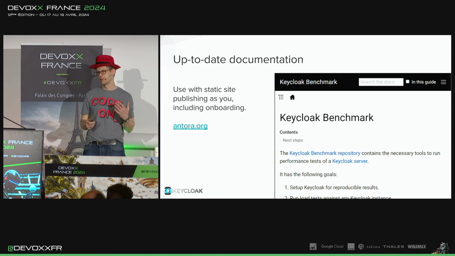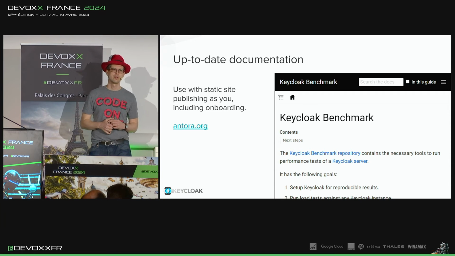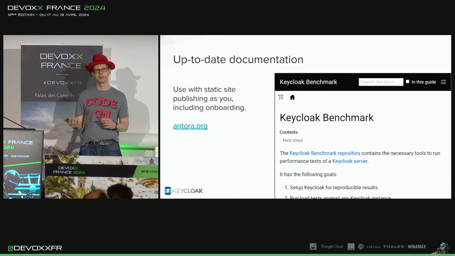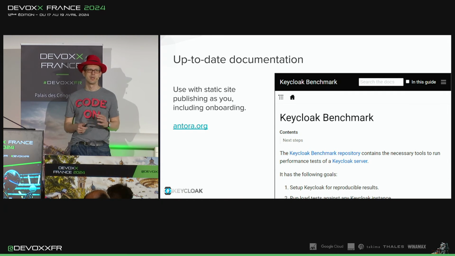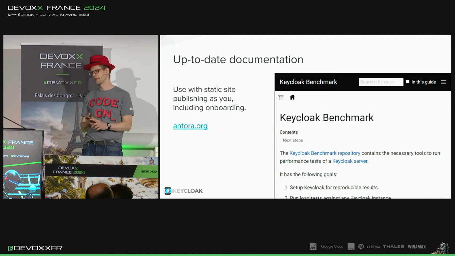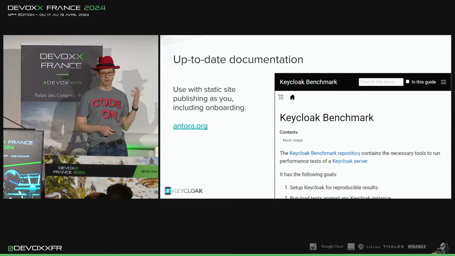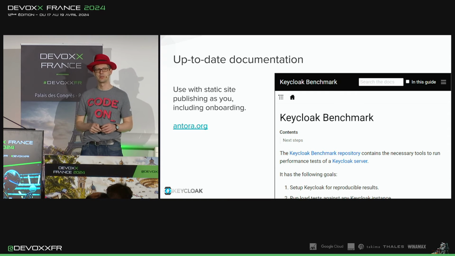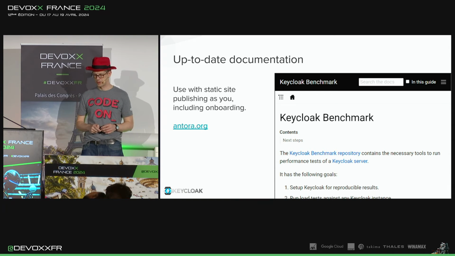So this helped us within the team when we were running our different tools. It helped us in onboarding new team members, and it also helped the community because this documentation is published together with the project, and people were trying out our different modules. They were trying out our data generation. They were trying out our load drivers. They were trying out our deployment scripts. And all the documentation that comes along with that is public, and the static site publisher helped us with this.